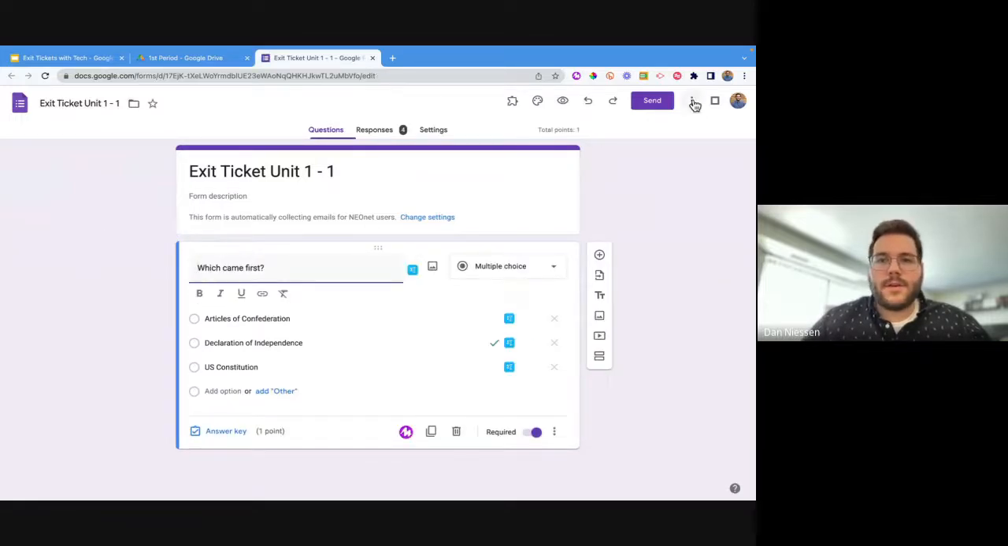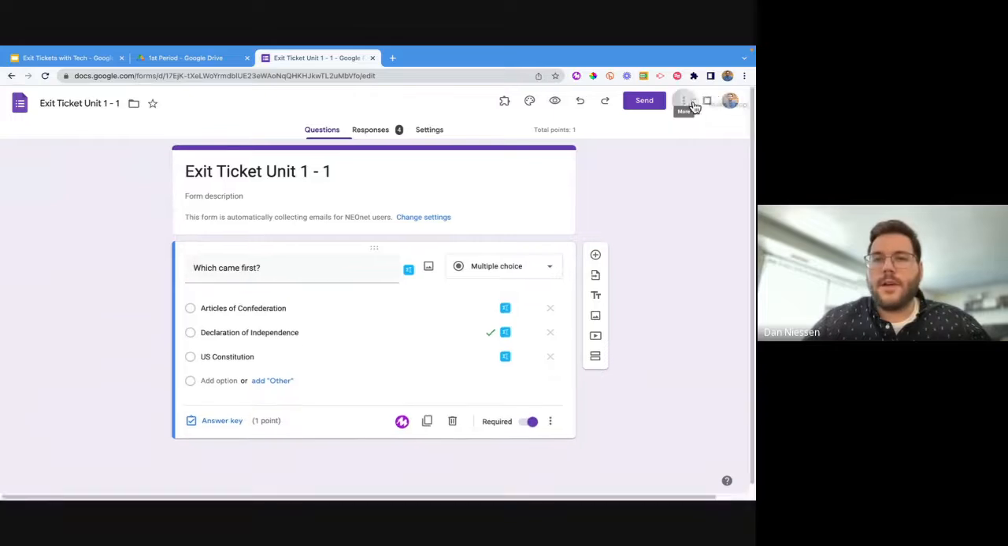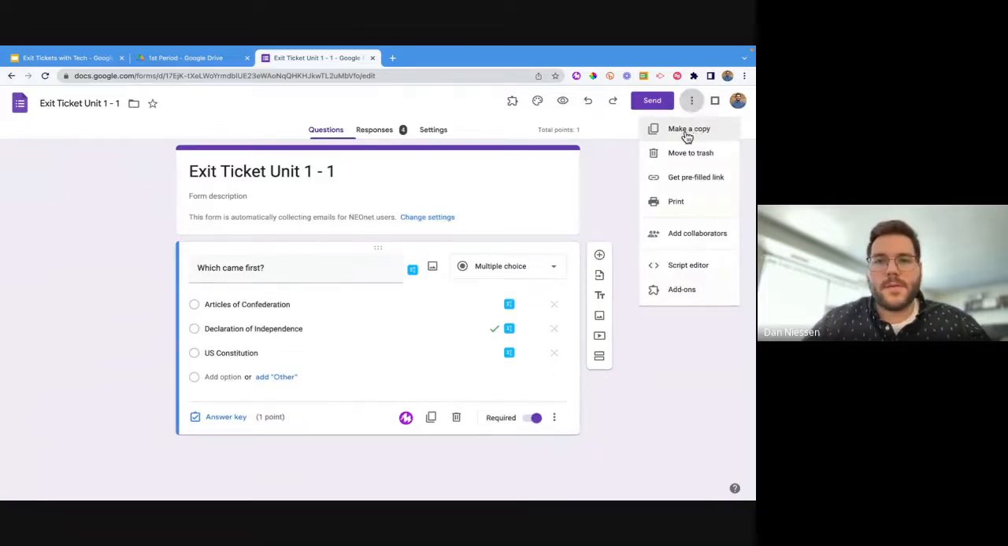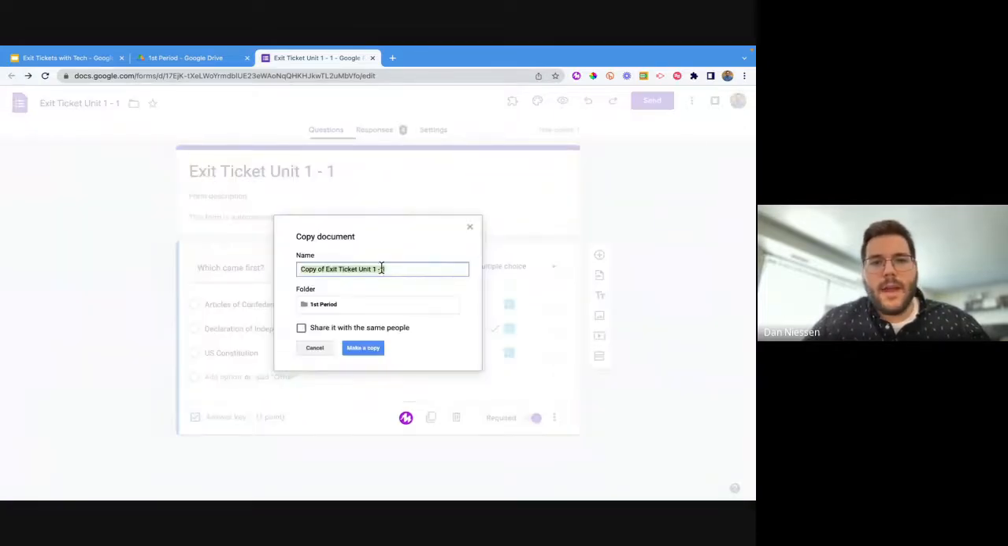And all you have to do is go into our little 3 dots way up in the top right corner. And the very first button there is make a copy. And then I can rename it to whatever I like. So maybe I'll call this exit ticket, fourth period,